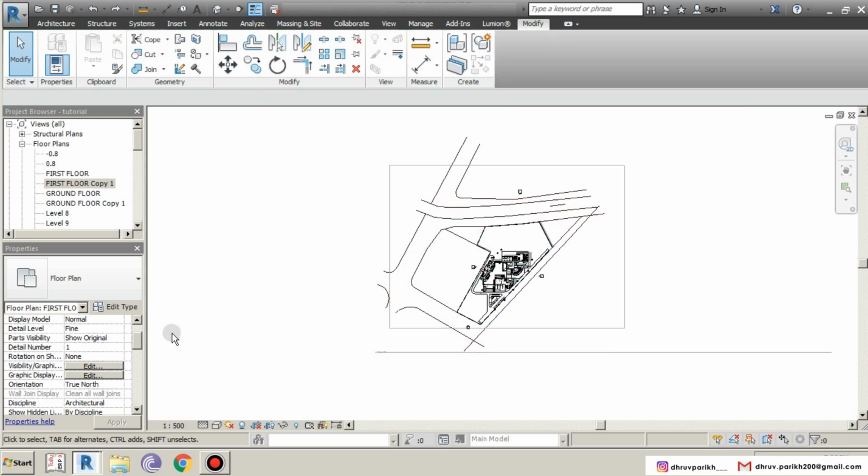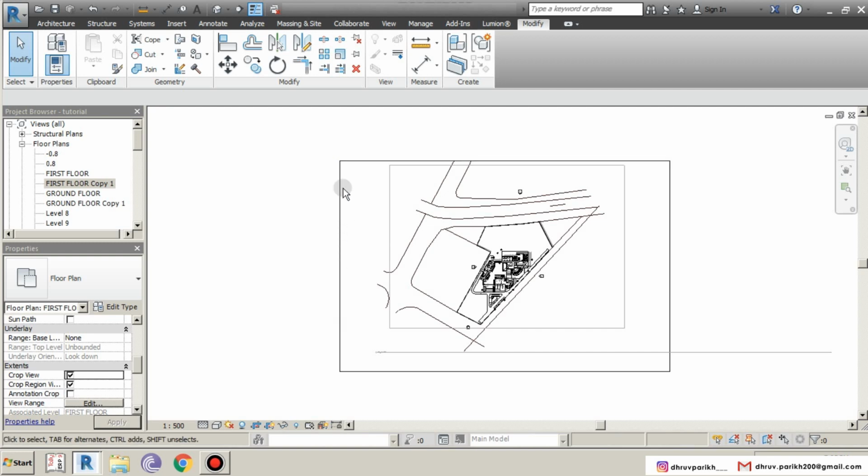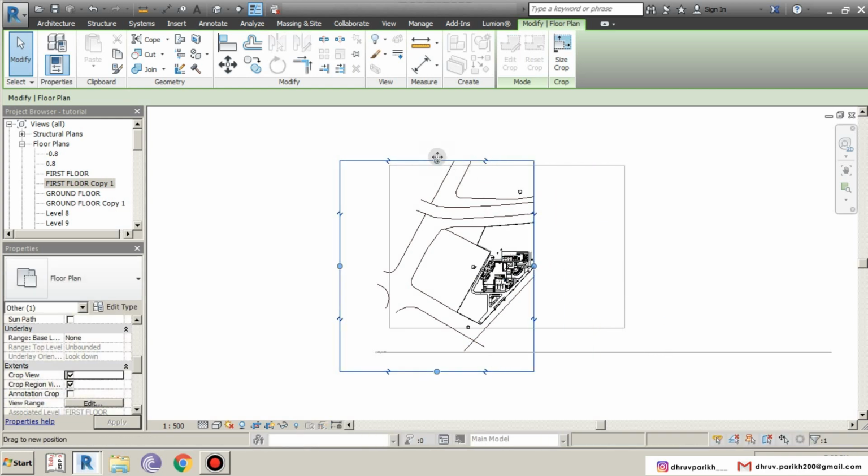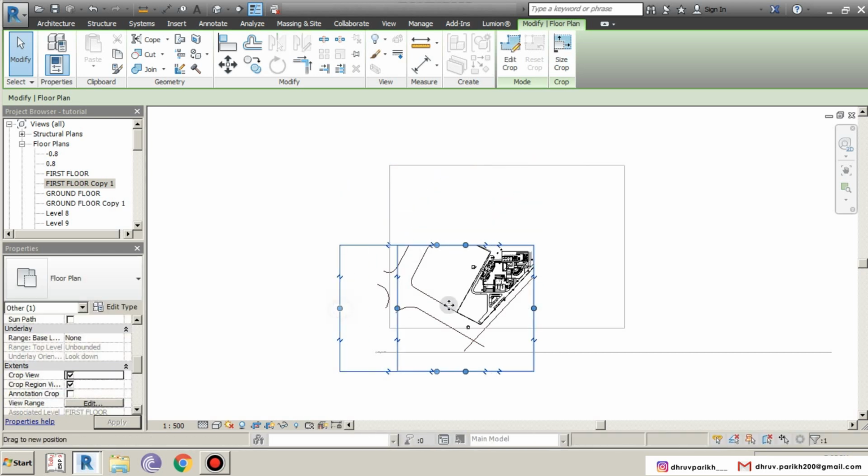Once it is activated, go to properties, go to extends and check these two boxes, crop view and crop region visible, which will activate this crop region box. So if I want this portion, I'll drag these extents to that portion which I want to detail out, like this.